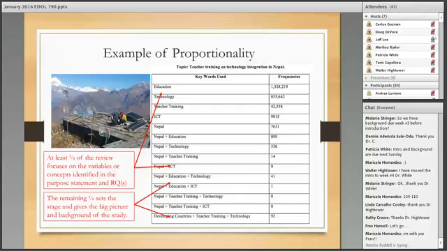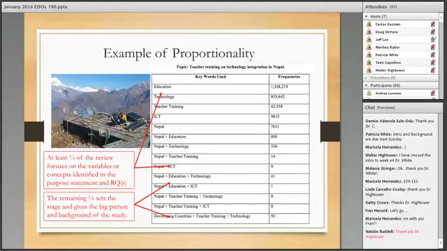And so what I've highlighted here for you is the top portion being the 3/4 of the review that focuses on the variables or a few combinations of variables, which then sets the foundation for that last 1/4 of your funnel, which are studies that I would consider are most like yours, right? And so that last 1/4, and you can kind of tell, I'm adding 3 words together in my searches: Nepal Education and Technology, 41 articles; Nepal Education ICT, 1 article; Nepal Teacher Training and Technology, 0, and Nepal Teacher Training